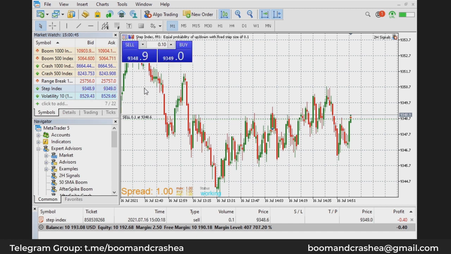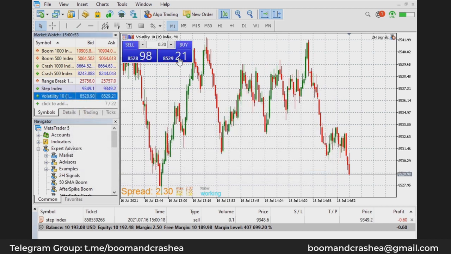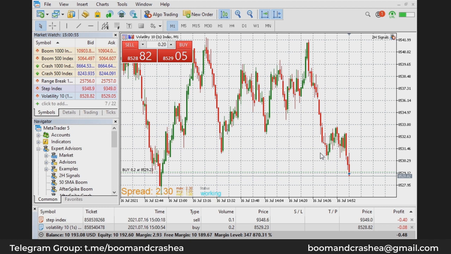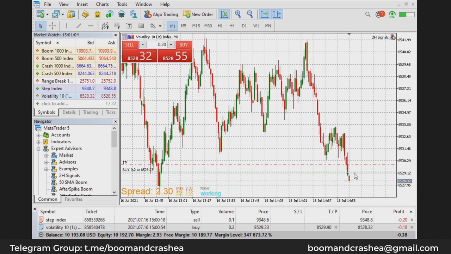Could also look at, let's say, volatility 10, 1S, immediately tells me to buy, then I buy. So you can set your TP manually or set your SL manually, and as you can see, this is heading towards this support, and then it will buy from there.